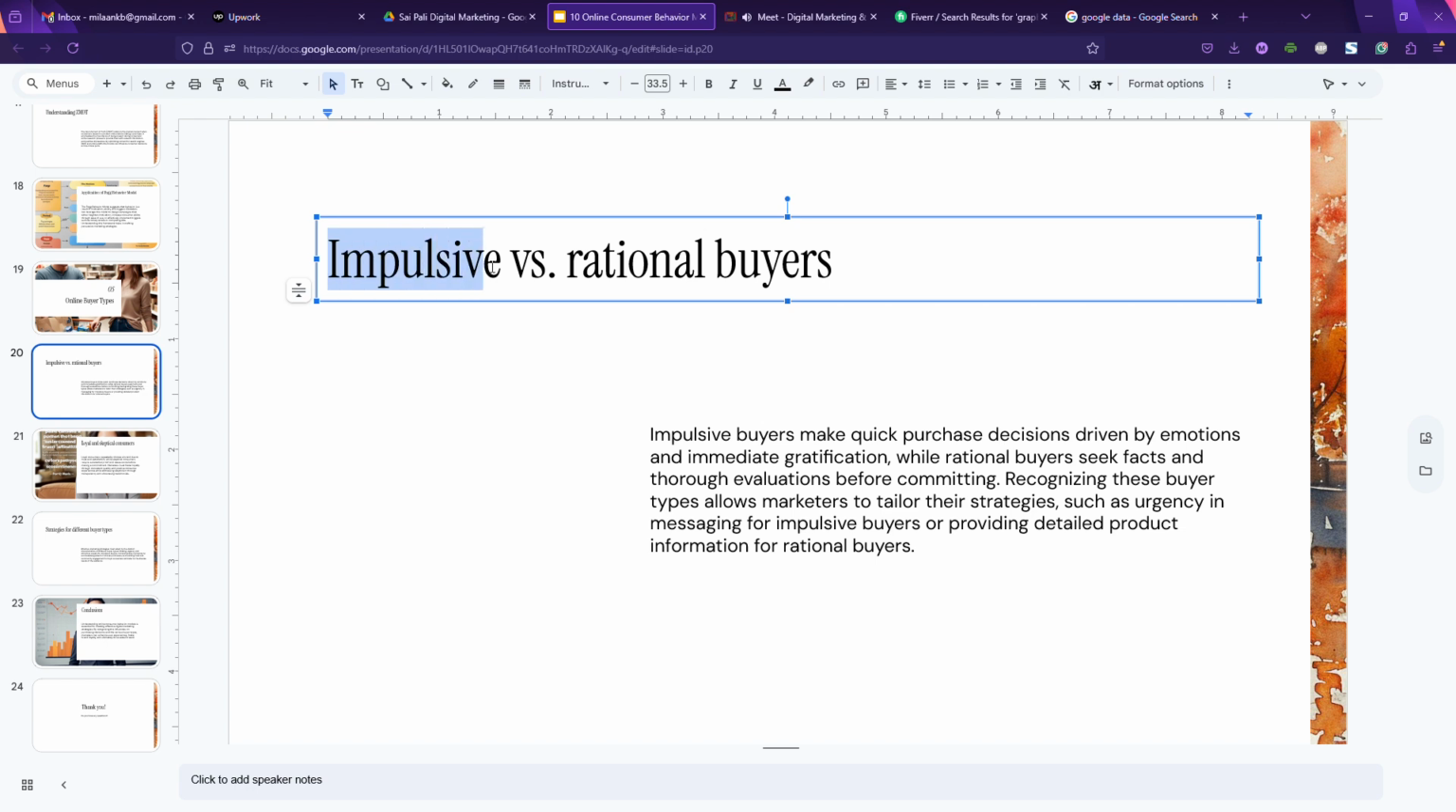So impulsive buyers take buying decisions very quickly. Rational buyers take buying decisions very slowly. So rational buyers would need more time, more persuasion, more efforts from the marketers. Impulsive ones won't be needing that much persuasion. They would go for just good design, good content, good video, good graphics design, and then impulsive buyers would buy your product or